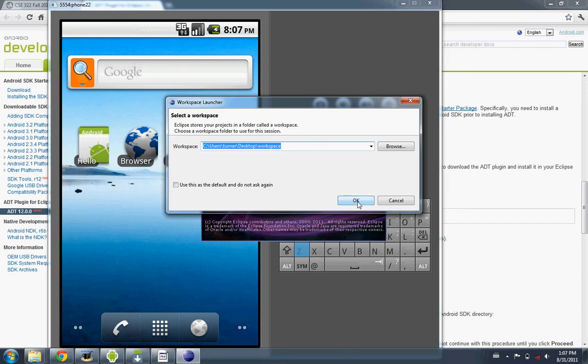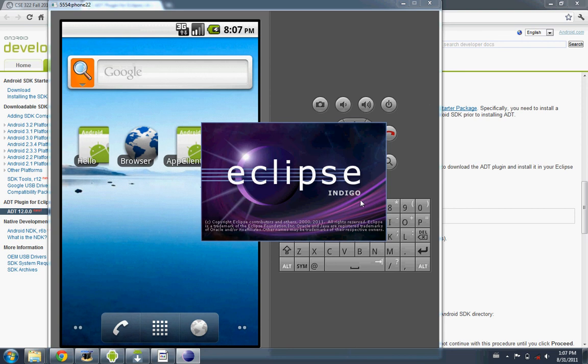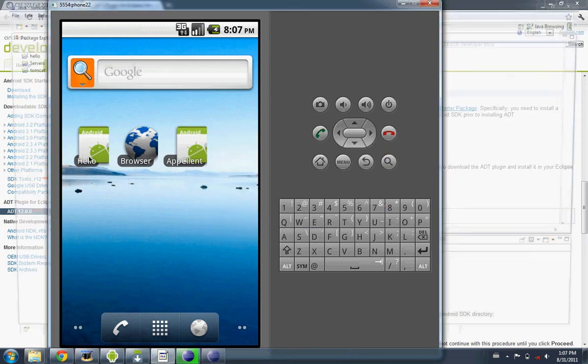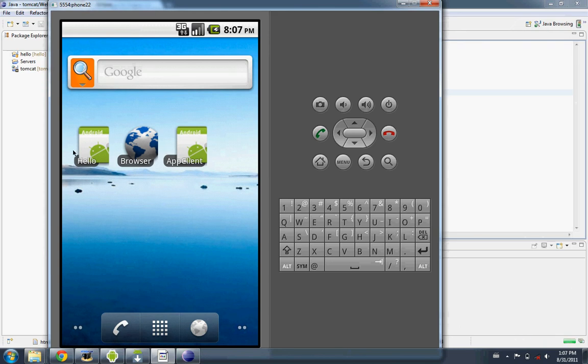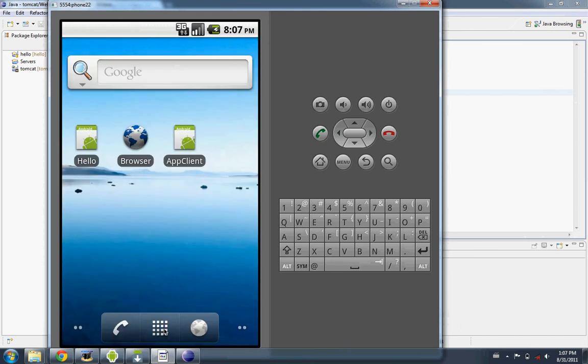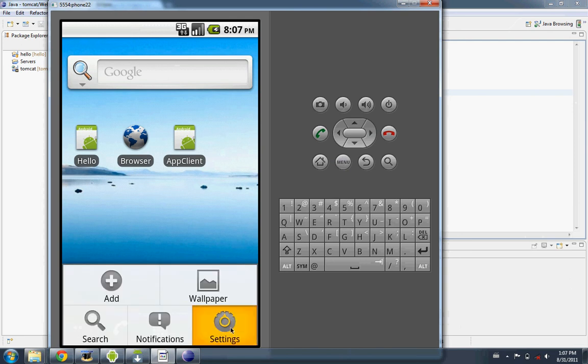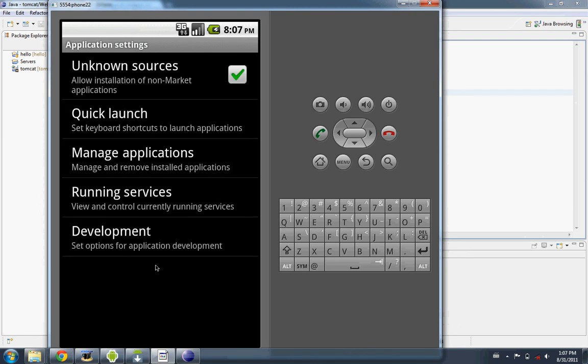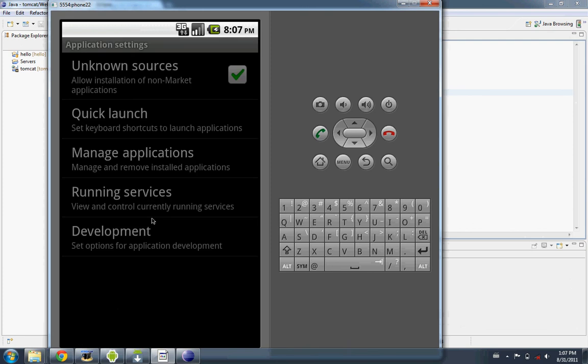I need to actually accept that workspace and come back here. So I want to remove, these are two applications that I installed before. I want to remove those. And actually it's not that one, it's the here, the menu and settings and applications and manage applications,